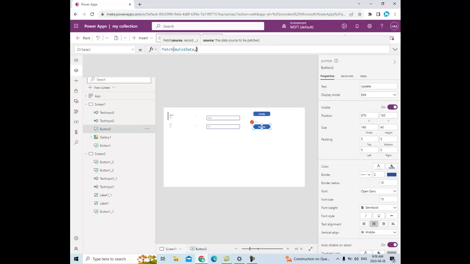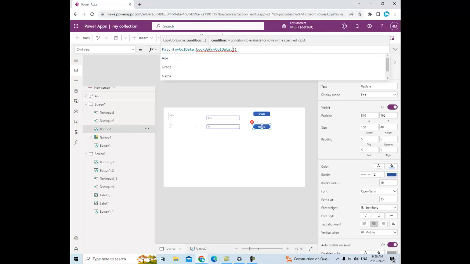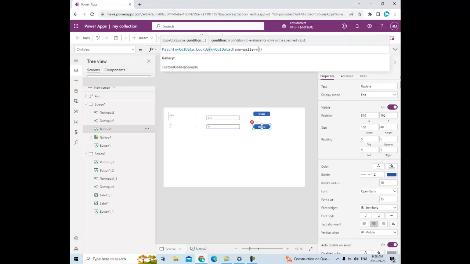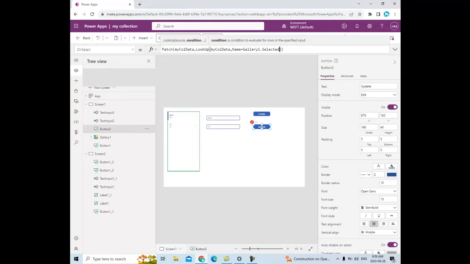The second parameter is what record you are going to update in the collection. I need to give the record over here. So I am saying what should be the record: LookUp, my collection data, comma, and name should be Gallery1.Selected.Name, and